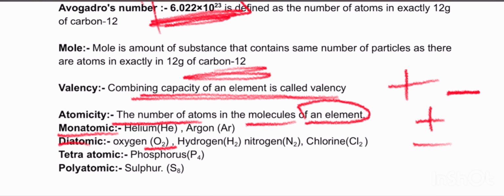Helium will be single, but oxygen is always O2. The oxygen which we inhale, the hydrogen, the nitrogen, the chlorine are diatomic. Tetraatomic is phosphorus, P4, and sulfur is octatomic. You can say polyatomic, more than one atom. This is the first part of this chapter. Second part of this chapter is